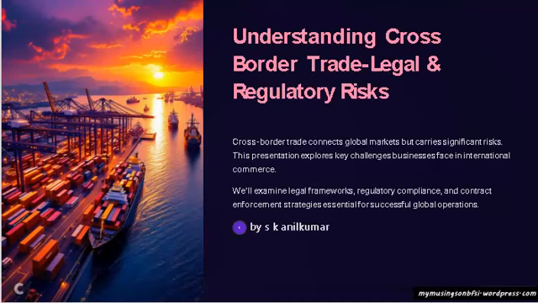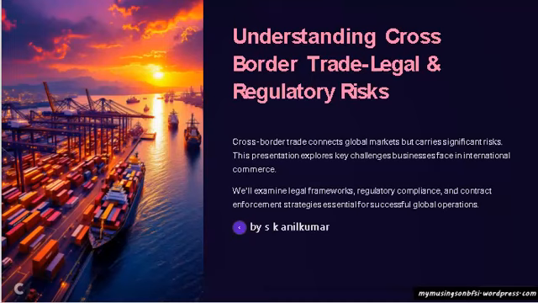Cross border trade operates within an intricate framework of international treaties, regional agreements, and national regulations, and it creates a landscape fraught with multiple risks, including legal and regulatory risk. These risks emerge from non-compliance with the diverse requirements and guidelines, misaligned expectations, wrongful enforcement of the contracts, and sudden shifts in the regulation, which could be due to geopolitical or economic changes.